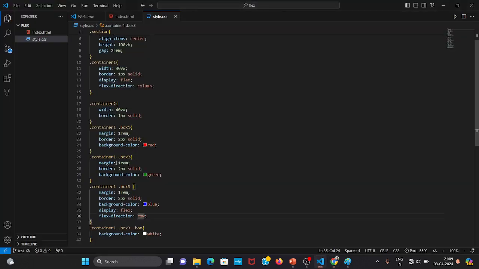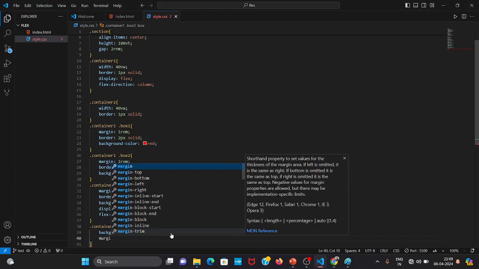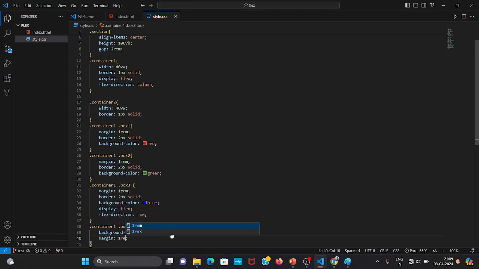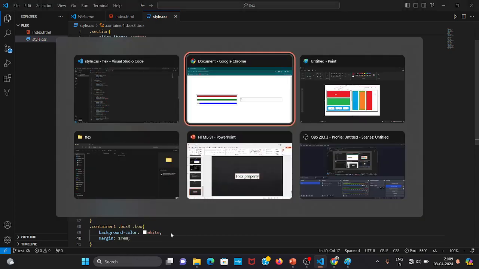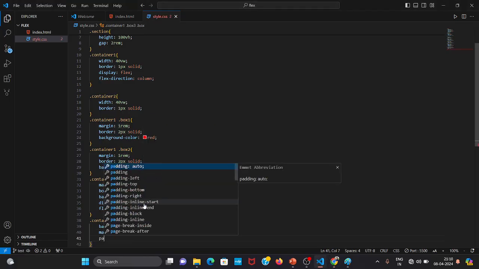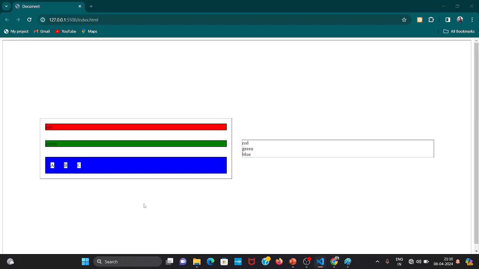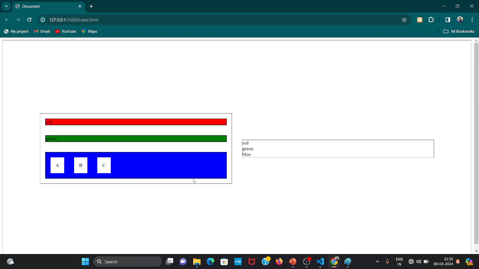Now we want to give a margin to this box so that it should look good. So margin of, let's say, 100. Okay, now it's looking like that. Let's set a padding so that it looks good, and 100. Now three boxes,